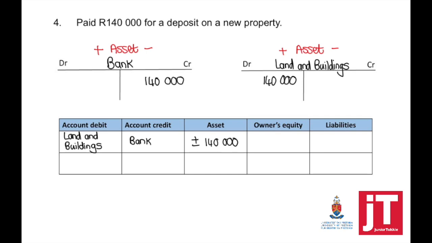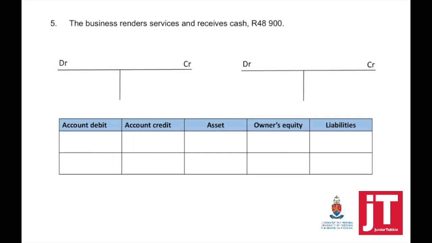You cannot just write plus or minus. Nothing happened with owner's equity. Nothing happened with my liabilities. Transaction number 5. The business renders services and receives cash